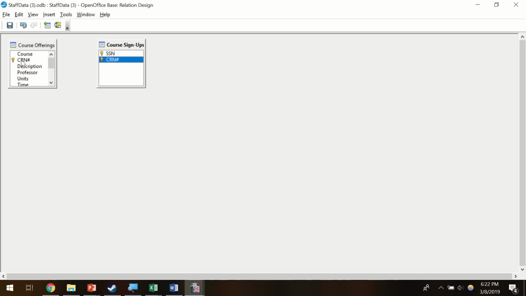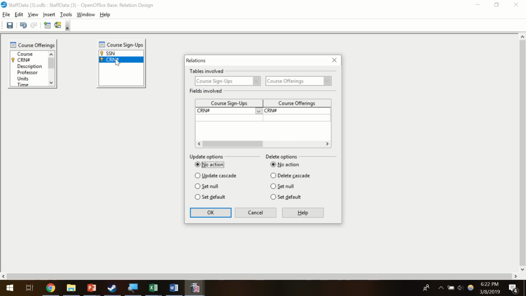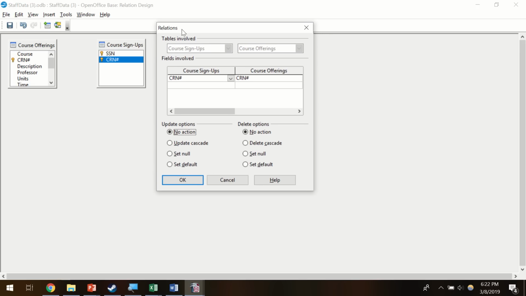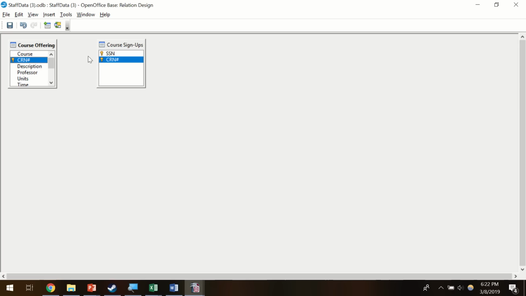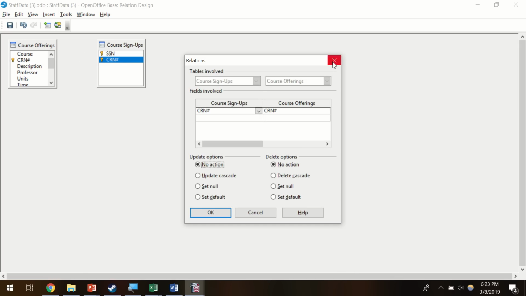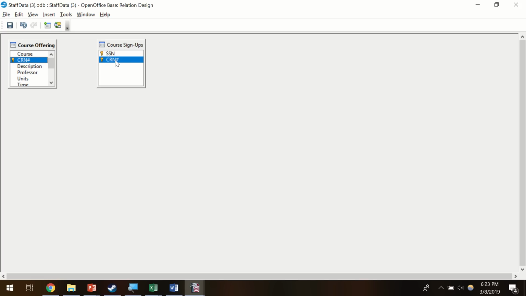So let's create a relationship. All I need to do is click and drag CRN number to CRN number. And so for OpenOffice, if you get this window, you did something wrong. So all we need to do is exit out of this. When I click and drag from here to here, I get this window. I don't want this window to show up. So what I need to do is drag from CRN number from here to there, and that's a lot better. That window didn't show up, and I can see that there is a 1 here and an